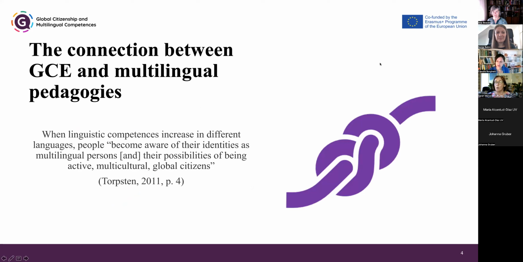For us, there was a very strong connection. So even though our backgrounds were more in the multilingual dimension of things, we saw that if you are aware of your multilingual identity, if you're aware of the role of languages, if you can promote the value of different languages as forms of communication, you can strengthen that. And I like the word possibility of action, this possibility of being an active, multicultural, global citizen. So for us, it was natural to bring these two things together and to try to see how we can